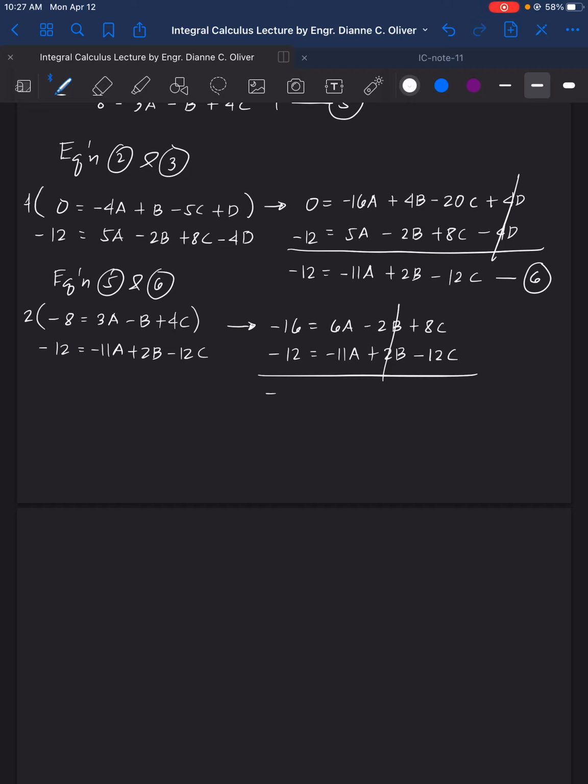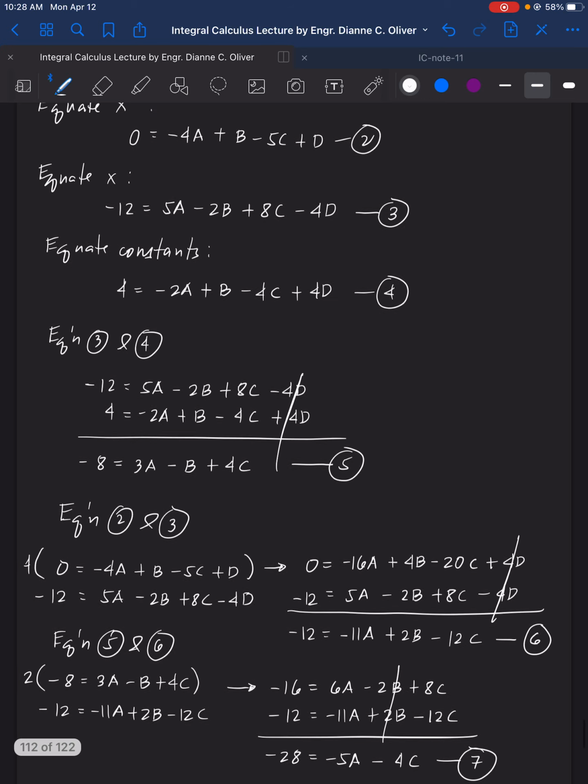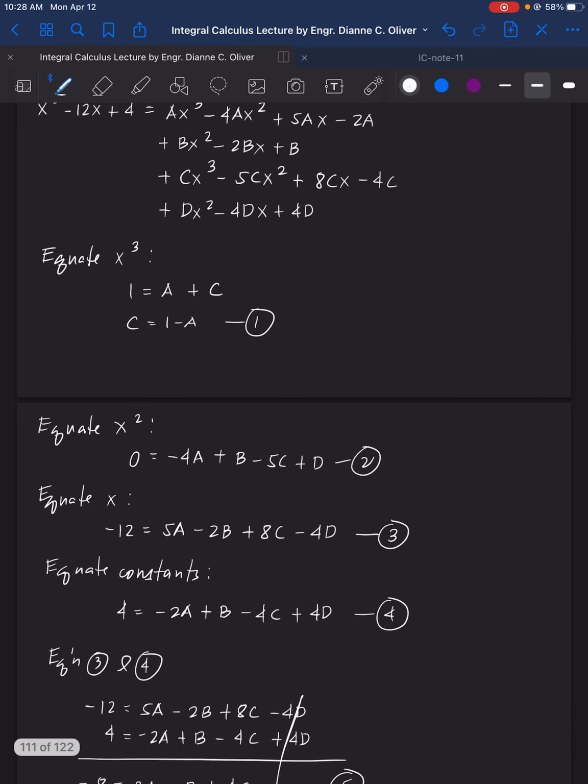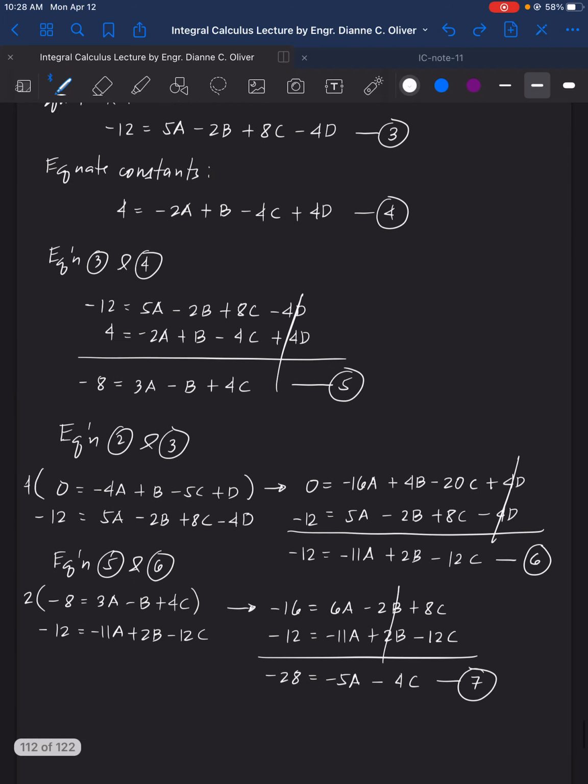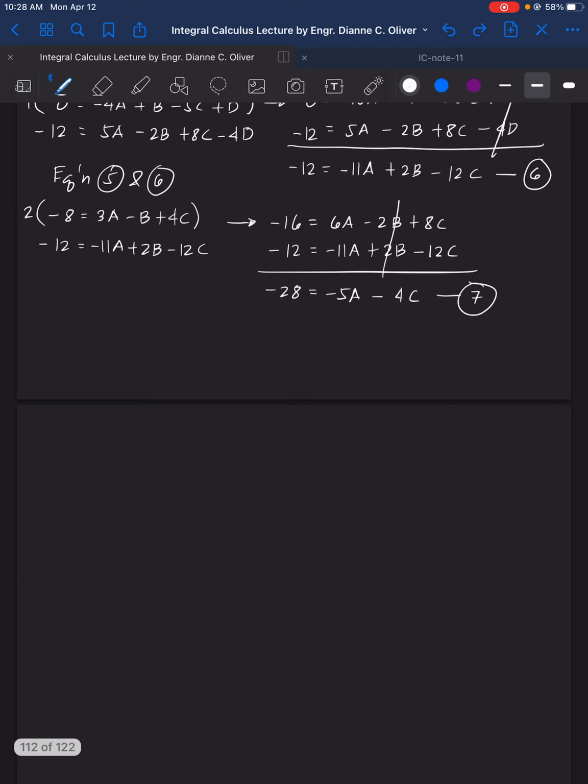So what we have here is negative 28 equals negative 5a minus 4c. That is equation 7. Then, having c equal to 1 minus a, we can just substitute